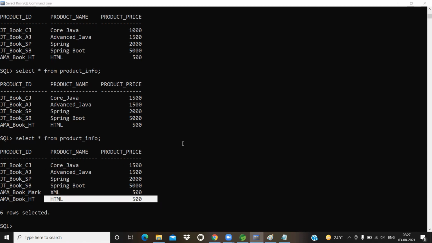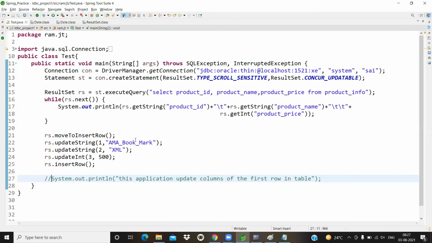So previously, did I write any query in my Java application? No. Did I write any update query? No. Did I write any insert query? No. But still, we can do operations like update and insert. In the previous programs, we were writing update queries and insert queries in our Java application. But here, did I write any query related to update or insert? No. Who is going to take care of that? Yeah, your updatable result set.